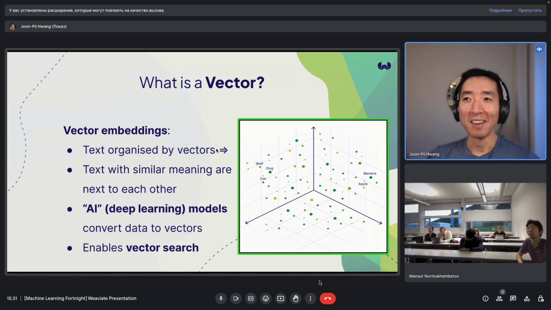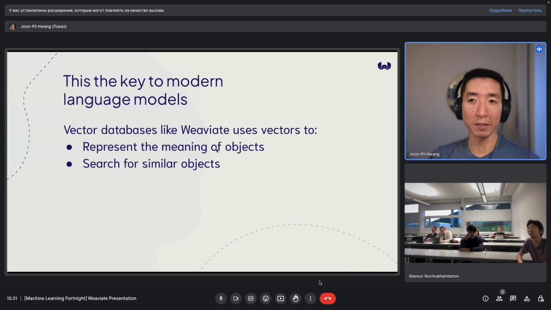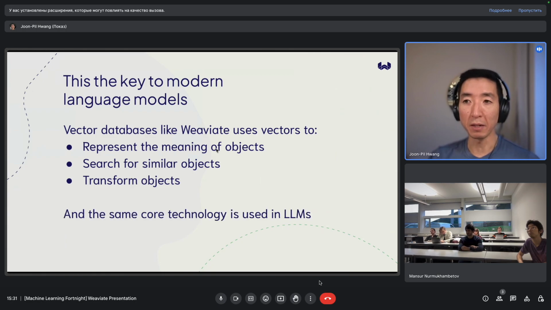And here's, it took 25 minutes to get here, and this is what enables vector search or search by meaning. So in a vector database like Weaviate, they use vectors to represent the meaning of objects, and that allows us to search those objects. You can even do some transformations of objects, as you'll see in a bit.